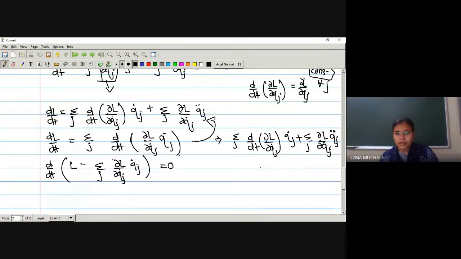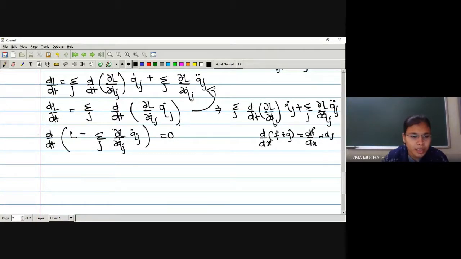Just like our rule. What is our rule? d by dx of f plus g we can write as df by dx plus dg by dx. In this way, using the rule, we can take d by dt common and then write this equation, right? So after integrating this equation with respect to t, what I get as the resultant term is